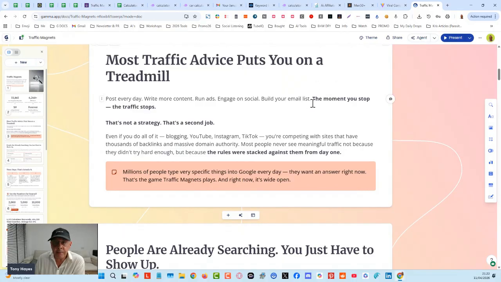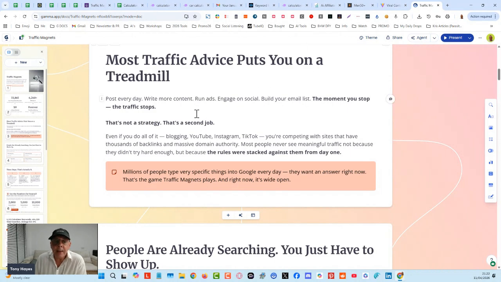So what makes this different from other traffic methods? Other people are telling you to create content every day. Here's the thing about content today: it's so easy to do. Even high quality content is so easy to do with AI if you know how to prompt properly. The competition level has gone up enormously with content marketing, and SEO is kind of volatile at the moment, with multiple algorithm changes and new things coming in like AI search happening on ChatGPT, Perplexity, and Claude, for example.